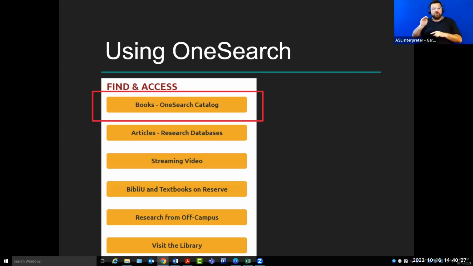And the one thing is, actually going off of that Google slide that's saying use lots of limiters. That's the way to get your best results. That's what we recommend when searching our OneSearch catalog. And on all of our library websites, we all call it OneSearch. That's the branding. So if you look for that OneSearch button or link, you'll get access to our online catalog. Next slide, please.